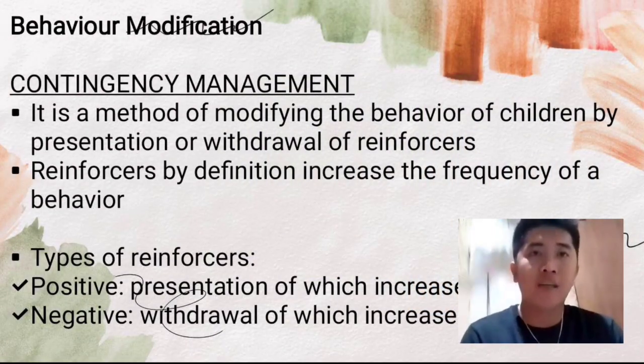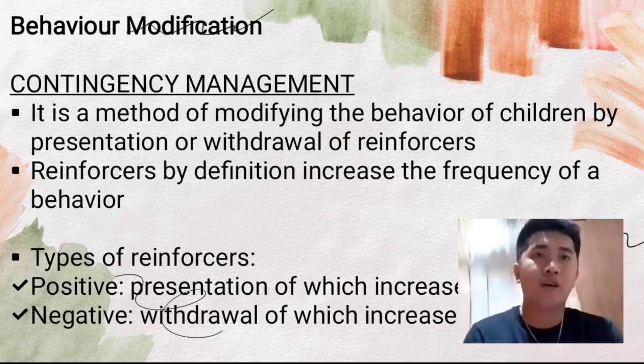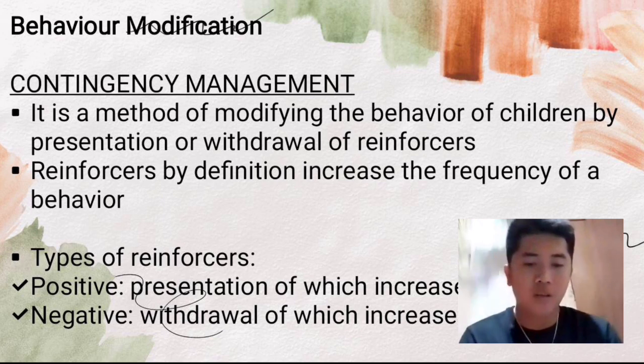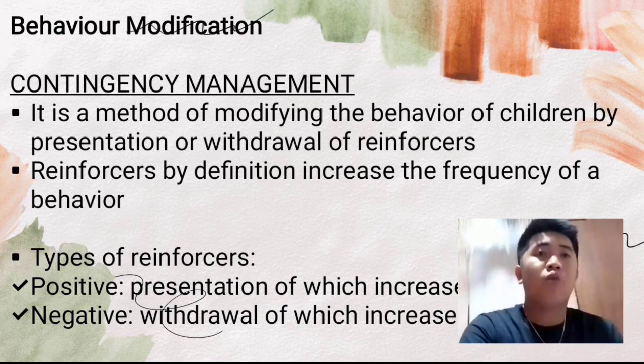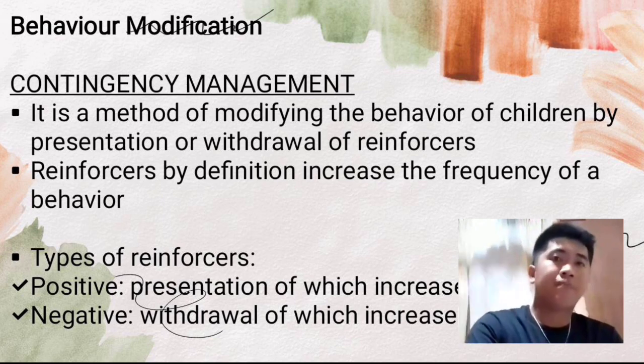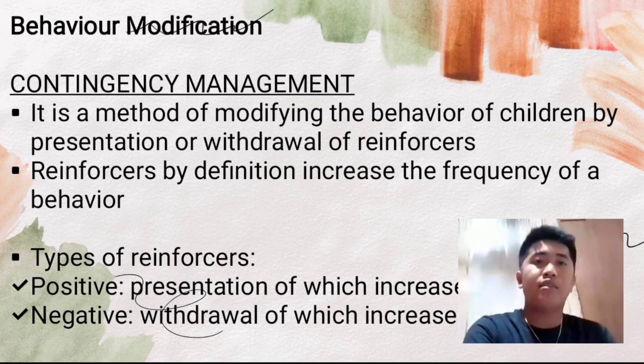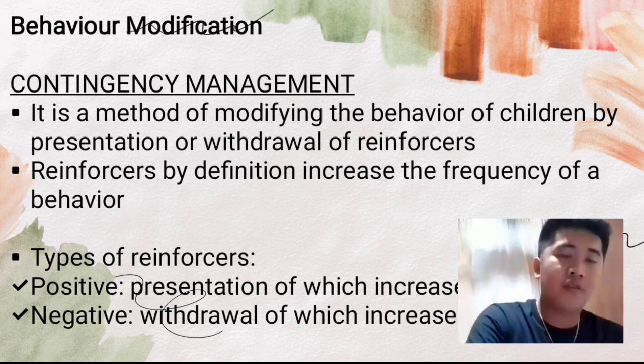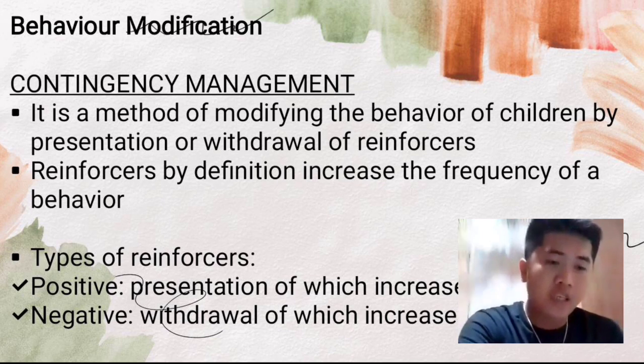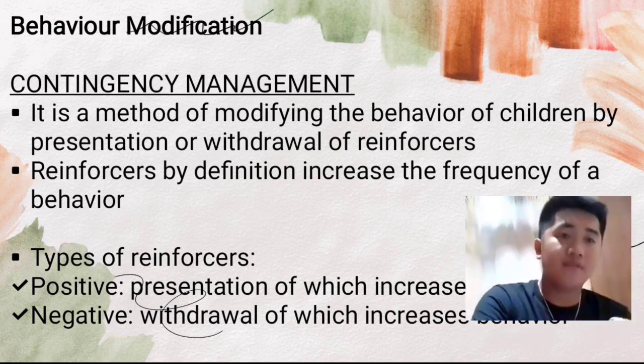Contingency management is a method of modifying the behavior of children by presentation or withdrawal of reinforcers. So, it is a method whereby children's behavior is modified by means of presentation and the withdrawal of reinforcers. The keywords here are the presentation and the withdrawal of reinforcers. First, presentation. Presentation means